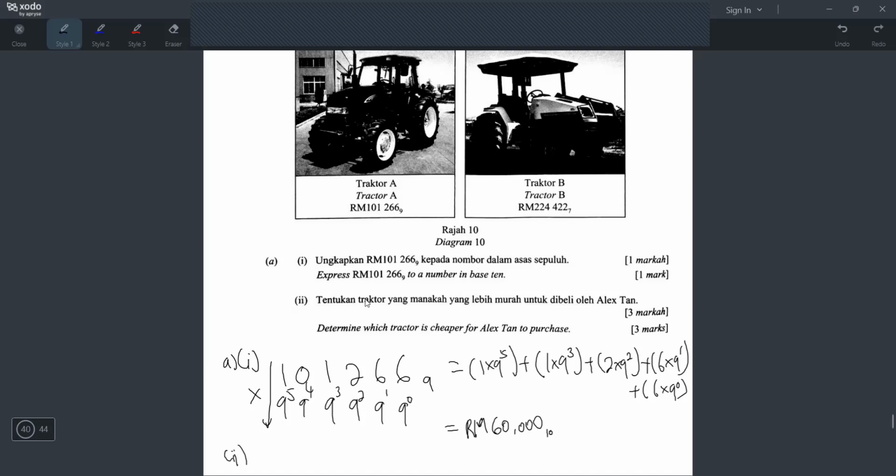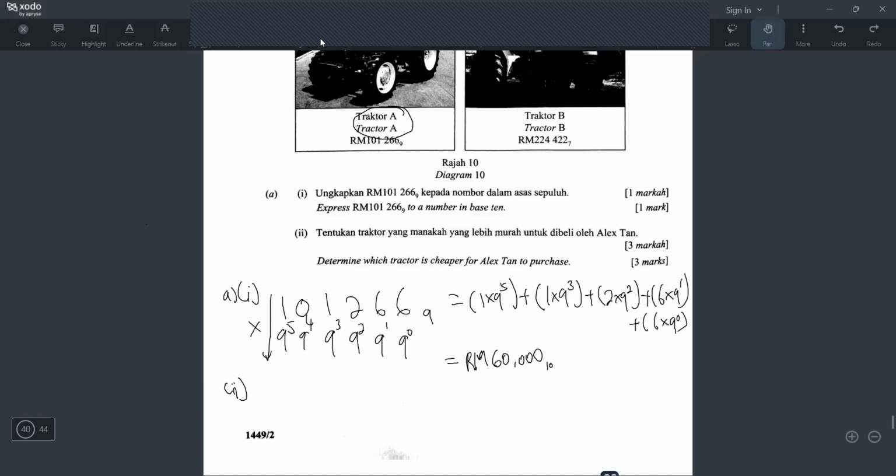Okay, question number 2. Determine which tractor is cheaper for Alex Tan to purchase. Okay, I already know tractor A, it's 60,000 ringgit. So now I need to know tractor B punya price. This price is in base 7, so I need to convert to base 10 also lah. So let's write down